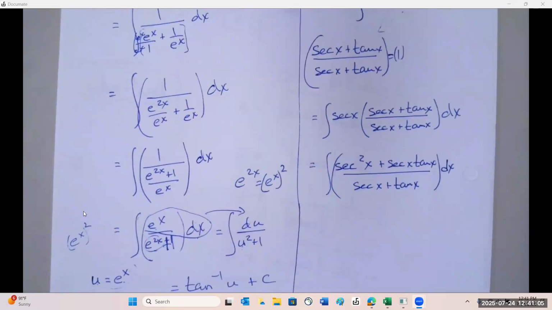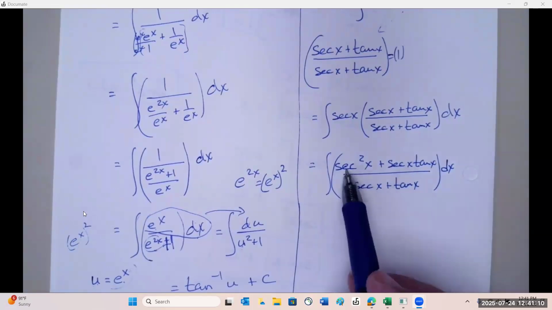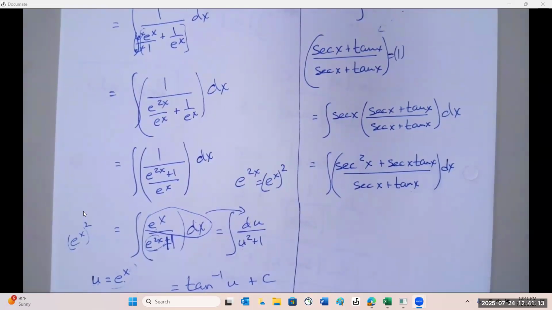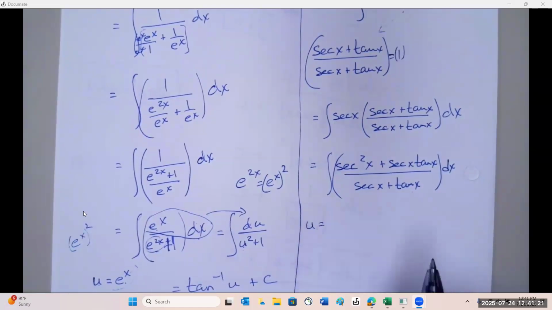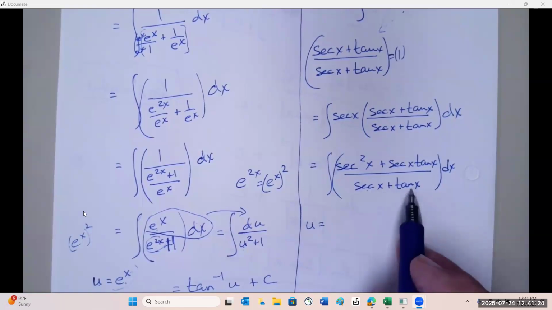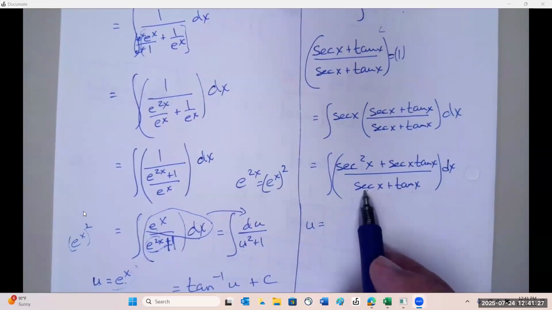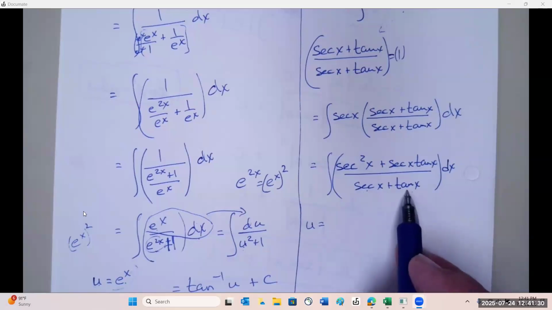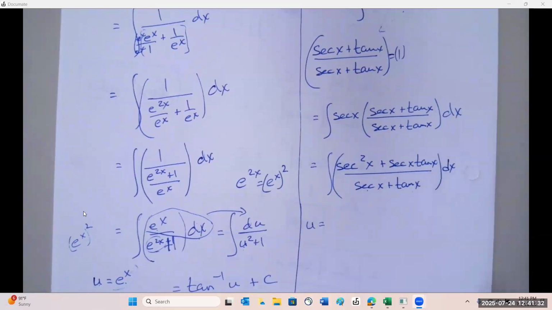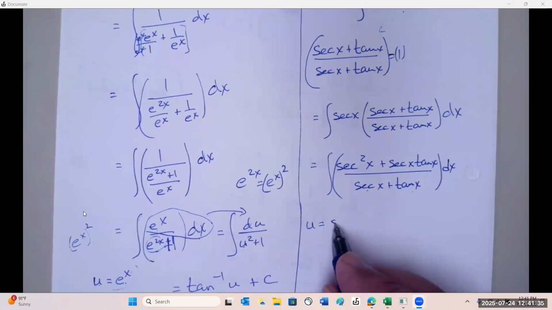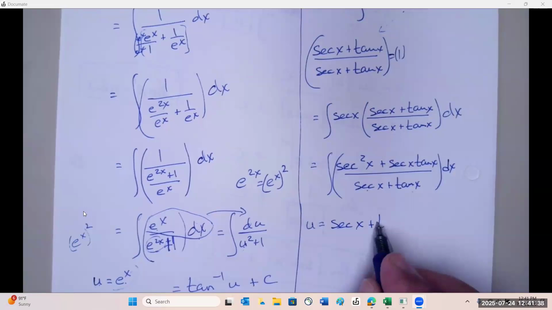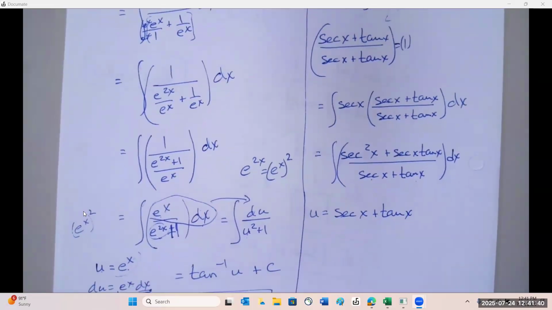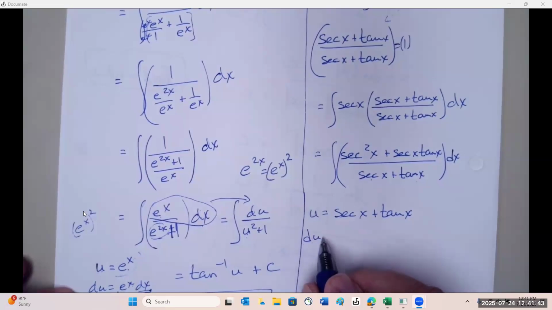What do you think our u is going to be? Is it going to be this whole thing or this whole thing? Because if we call this u, what's the derivative of secant? What's the derivative of tangent? And we add those together. So our u is going to be our denominator. Because then if we take our du,